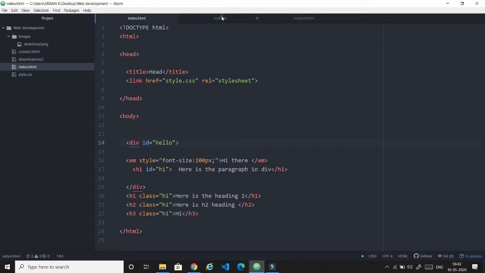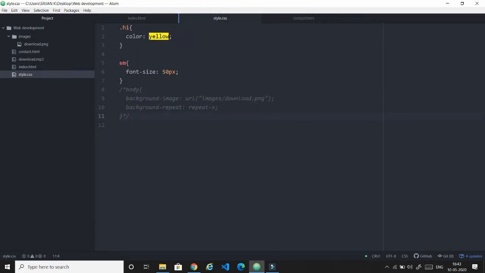Now in our CSS we also have to comment a line. If you know C programming, then the same syntax applies for commenting a line. So I am just commenting down with a slash and star, and this is the syntax for commenting in CSS.